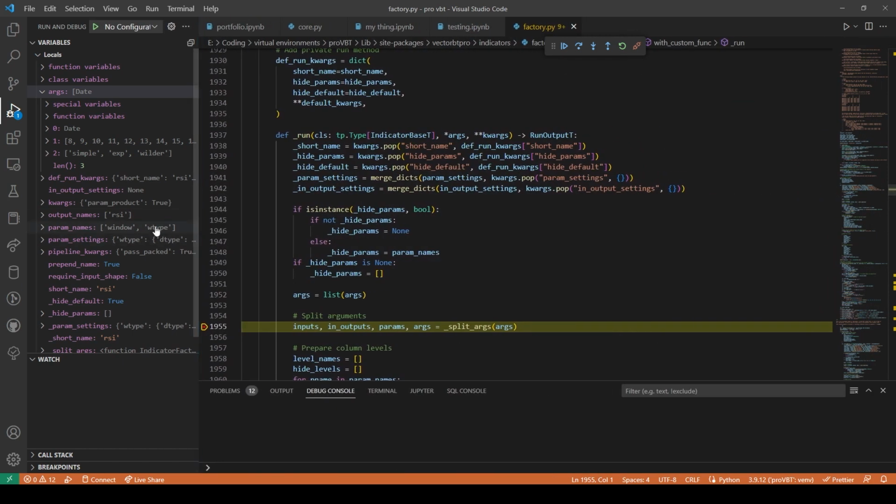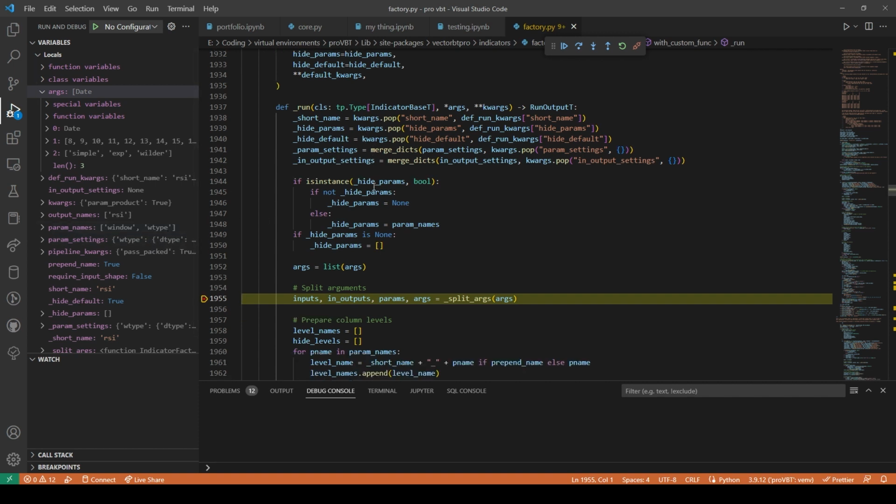So we have param names. How did we get param names? Oh, what? If instance hide param names is param names. How did we get param names?